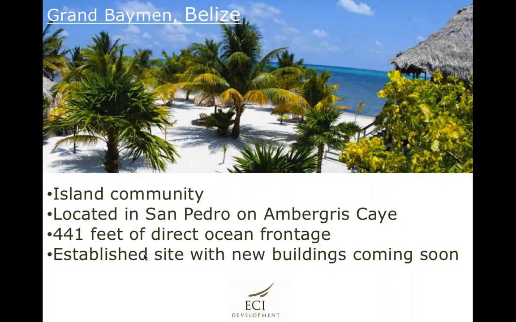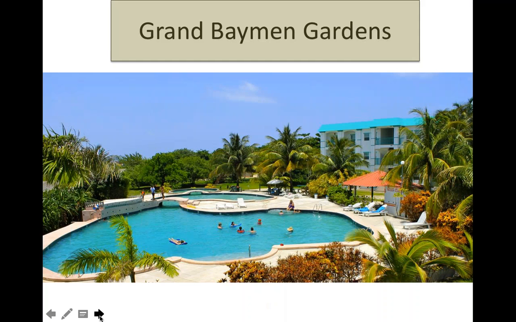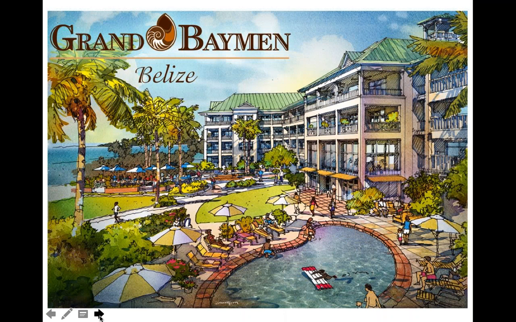And then I'll just give a quick overview of Grand Cayman. I don't want to steal any of Rachel's thunder on this one, but it offers condos in 2 settings, an off-beach location with a health and fitness club atmosphere, and then a direct ocean side with a beach club. So the neat thing here is that residents and guests have access to both properties, and they can enjoy the amenities at their leisure. So there's the Gardens community, the off-beach location, and here's the Grand Bayman Belize oceanside location that's set to begin construction here in 2016.